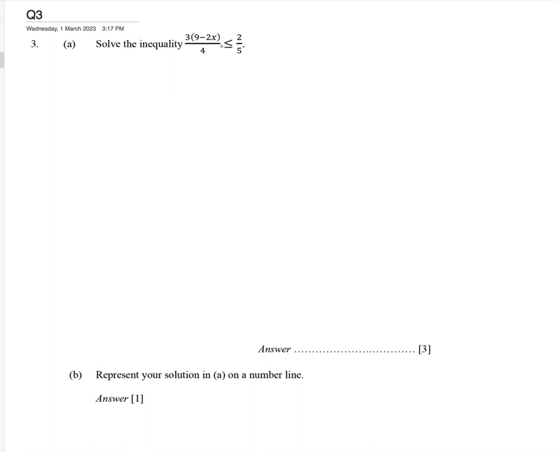Cross multiply means we multiply diagonally. So here 5 times 3 is 15. And 2 times 4 is 8, which we put on the other side of the inequality. Now expanding it, we have